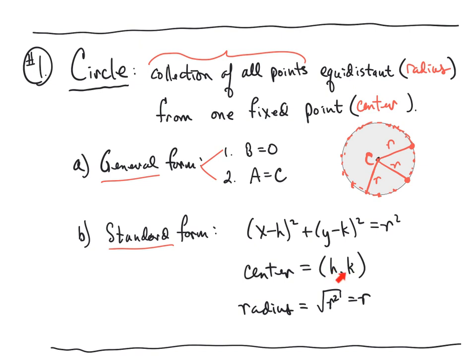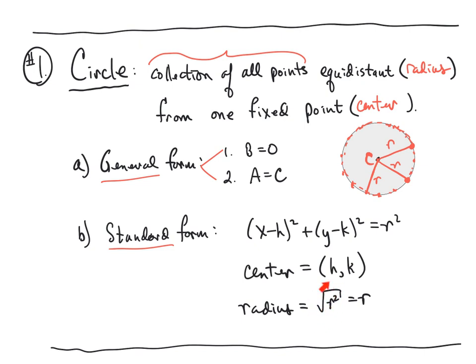In other words, the coordinates of the center are always the opposite of whatever sign is inside the parentheses. And I sure hope that sounds familiar. Anything inside parentheses is always opposite of the sign. And then finally, the radius, the equidistance from our definition, is always going to be equal to